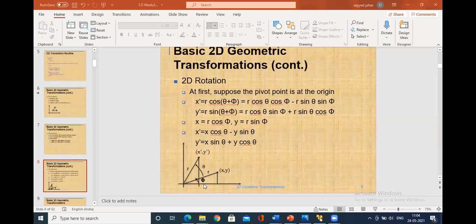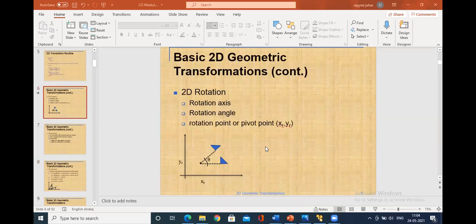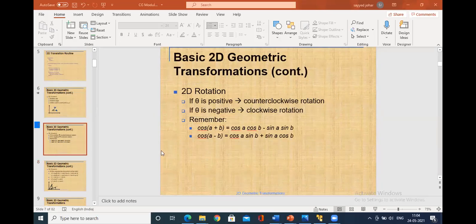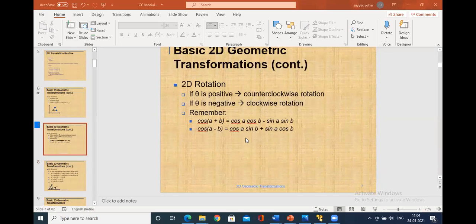Now let me see here. Initially my point is here, x comma y. The moment of the point, you don't think of a triangle. This is initially, this is for the concept. The whole polygon is being tilted along a pivot element by theta. Now in this diagram, we are focusing, and you know this formula, you have to remember the concepts of trigonometry.